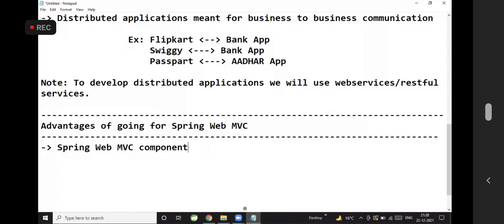Spring Web MVC components are loosely coupled. Spring MVC component roles are clearly defined.